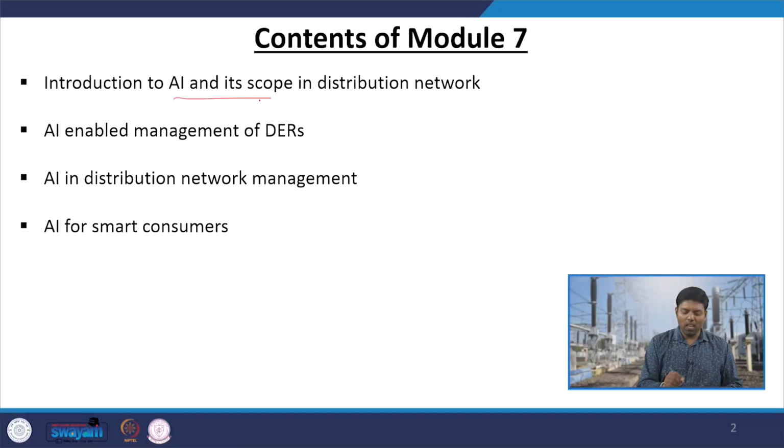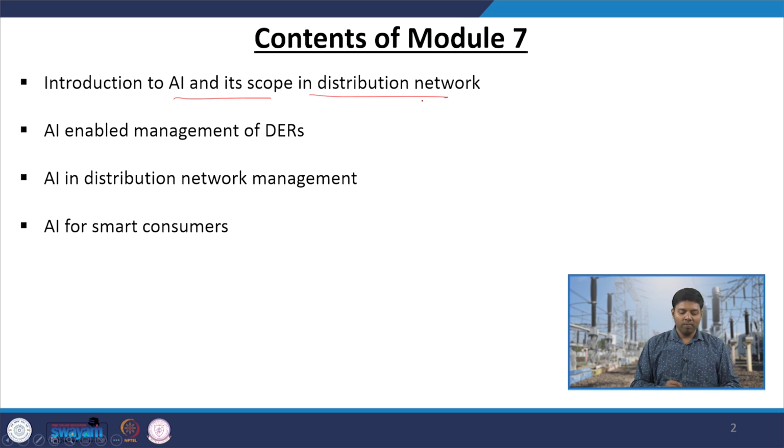Today we will start our module 7, which is Artificial Intelligence Enabled Control in Distribution Network. So till now, what we have seen is mostly traditional classical control or optimization mechanisms. In this module we will explore how AI or ML techniques can be used for managing the distribution network resources. We will see first what is AI, a little bit of background, and its scope in the application